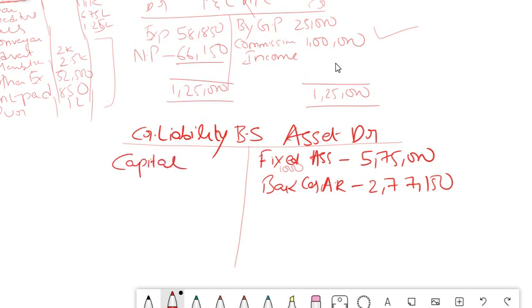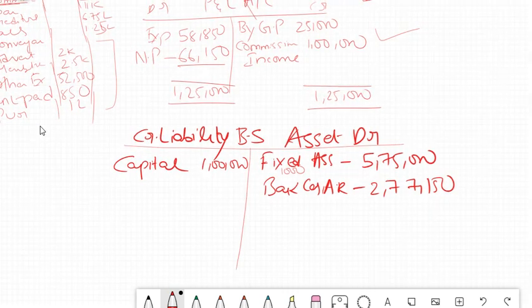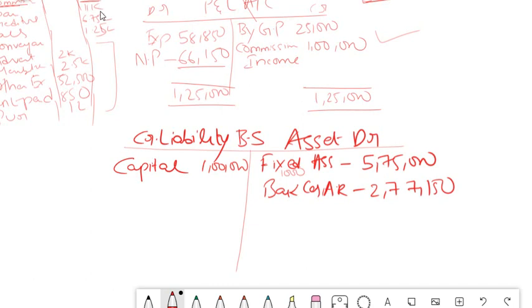So this is on your asset side, and on your credit side you have something called as capital, which already I have given you. It is around 1 lakh. So capital is 1 lakh here. If there are any other balances, we will just check. We have any other balances? Creditors we have, isn't it? Loan we have, so we have to write that as well. Loan is a liability, so we have to put here as a credit.